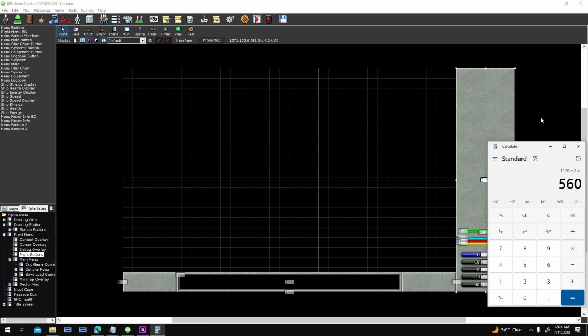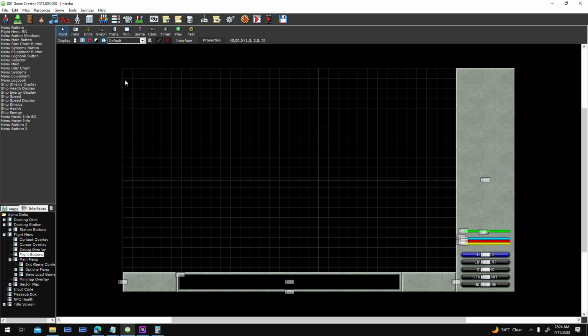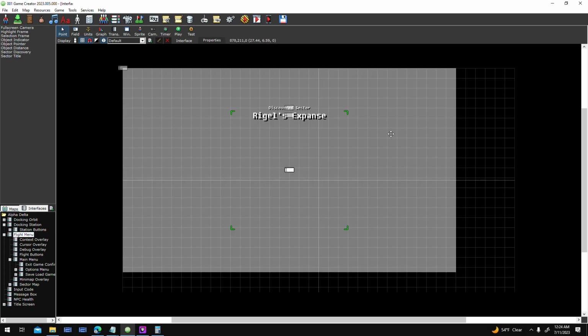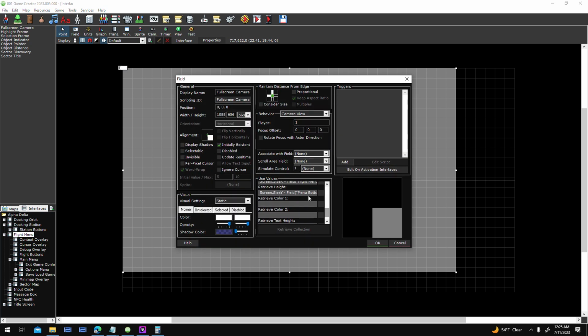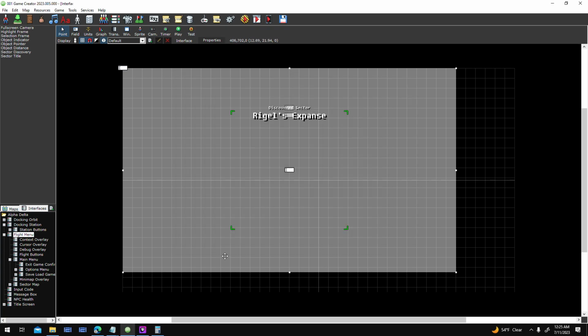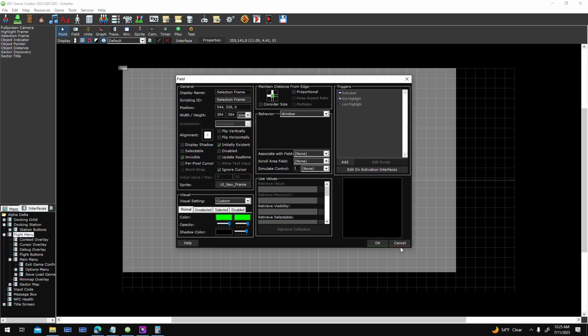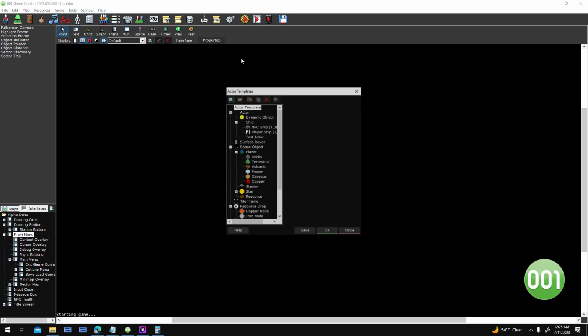So if the screen's 2048, I'm subtracting 192 from that. That leaves me with a value of 1,856. So it actually stretches my camera out to 1,856 wide. That's only if I had a screen that big, but I don't. It's just doing the same thing in the Y here, checking the size of the bottom bar here, and it keeps it maintained. There's a couple other small details that I have to add for positioning things on screen,